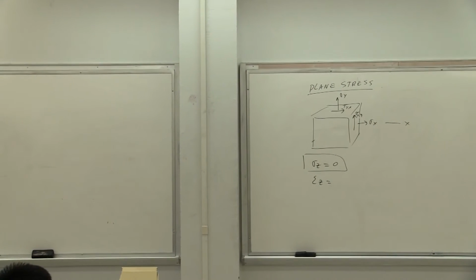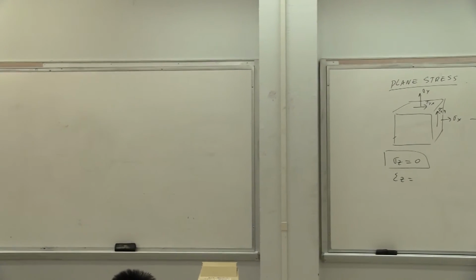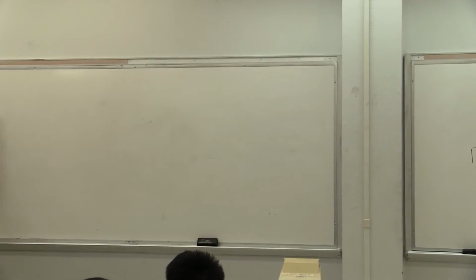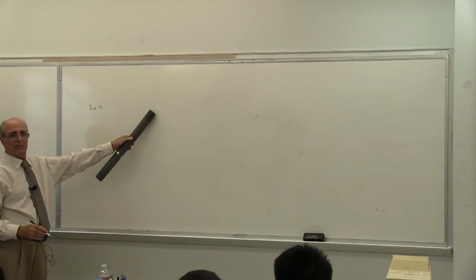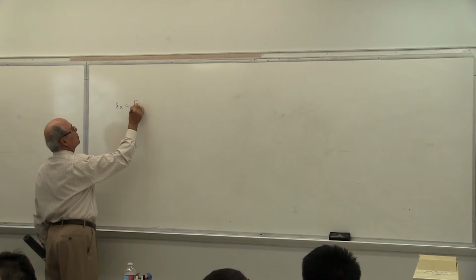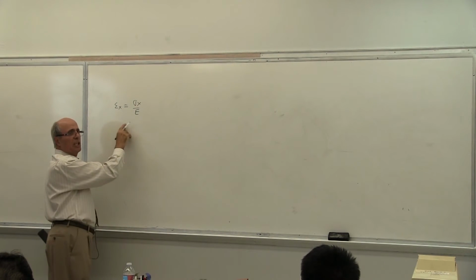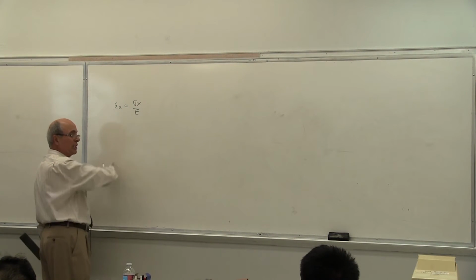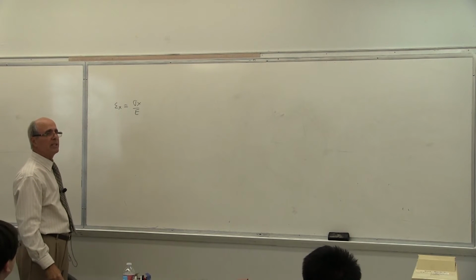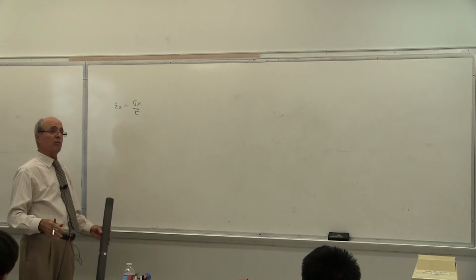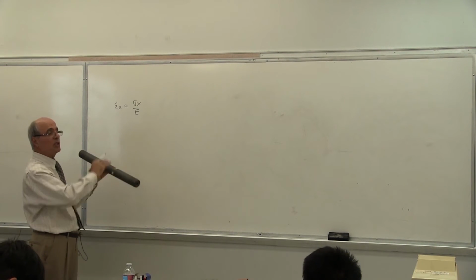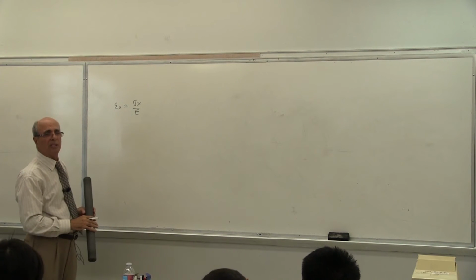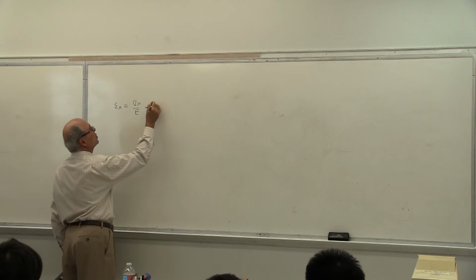And let's say that gamma xy. By the way, gamma xy is not measurable. Some of you who have been in the lab know what I'm talking about. We'll talk about it next class. How do we measure gamma, or how do we calculate gamma? Well, let's say for the time being, gamma is given to you. I talk about gauges and how that works. Gamma xy also is given as 180 micro radian, because this is an angle, so it's in radian.